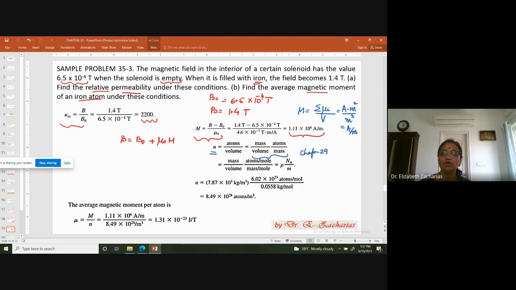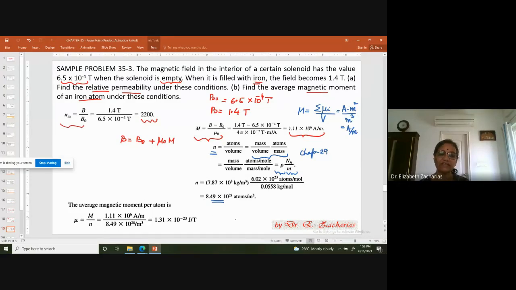Mass by volume into atoms by mass is atoms per volume. So using the same formula, you will get rho into Avogadro number divided by the molar mass. From here you're getting your N value. It has to be 10 to the power of 28, because I told you for any conductor, the carrier concentration is 10 to the power of 28. Therefore, the number of atoms also should be of the same order. So the number is 8.49 into 10 to the power of 28 atoms per meter cube, the number of atoms in 1 meter cube.